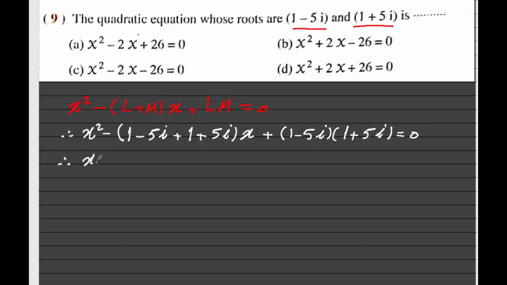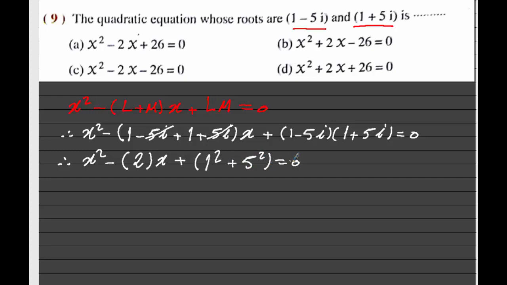So x square minus here negative 5i plus 5i equals 0. 1 plus 1 equals 2. x plus, here is the product, equals 1 square plus 5 square,